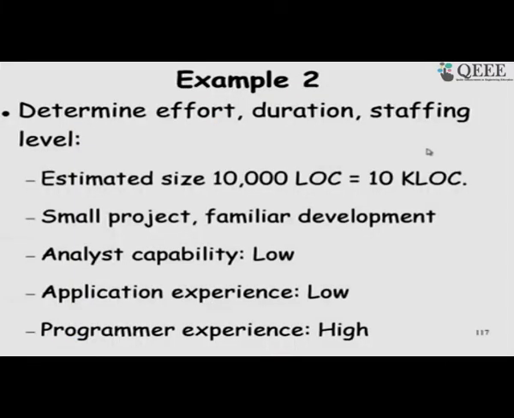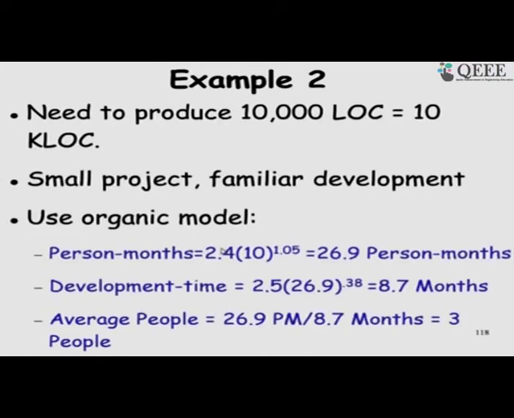So, this is another example where the estimated size is 10 kilo lines of code. It is a small project, familiar development, so organic, and these are the adjustment factors of analyst capability. So, there are 3 factors which are other than nominal. These 2 are low and programmer experience is high. So, we look up that table. So, first we use the basic model, it is organic, 2.4 times 10 to the power 1.05 is 26.9, and development time is 2.5 times 26.9 to the power 0.38, which is 8.7 months,